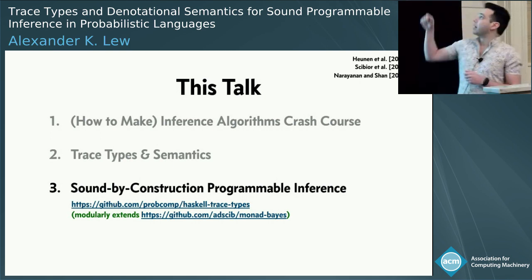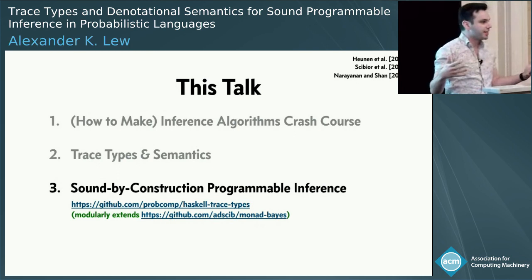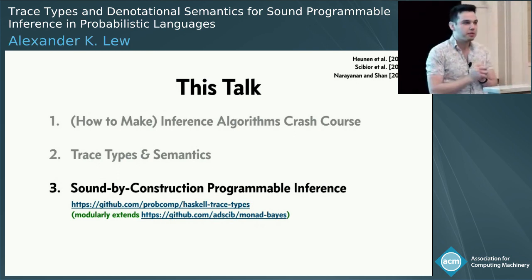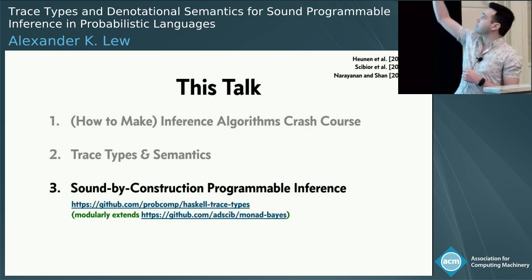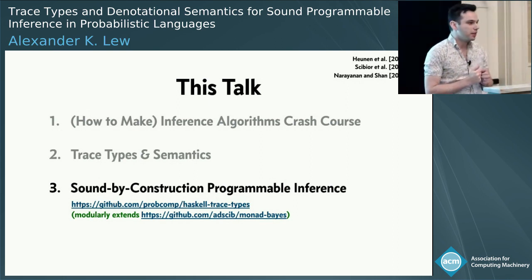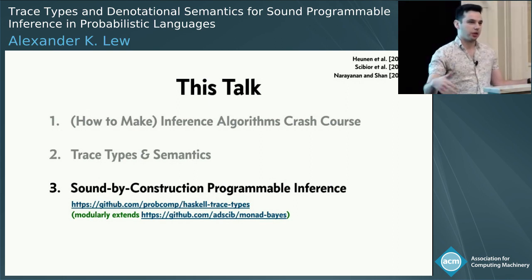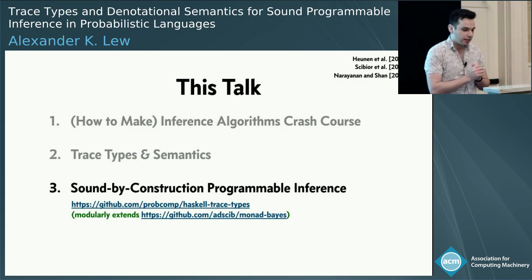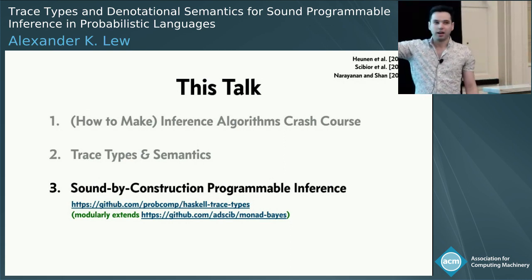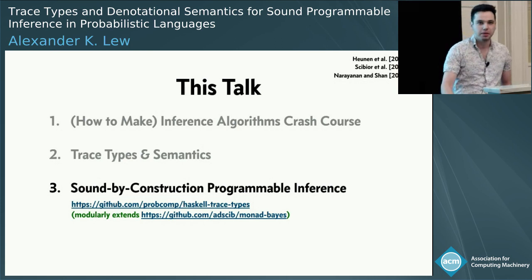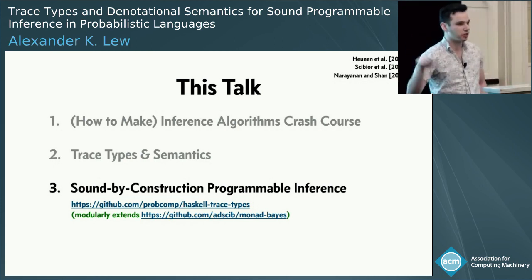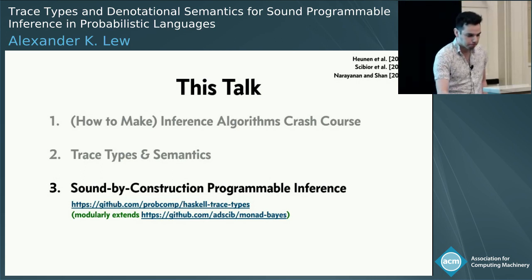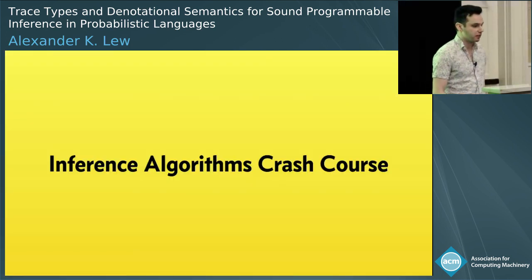We validate these features building on a lot of the semantic work that's been done in quasi-Borel spaces, giving a way to interpret probabilistic programs as measures, and especially building on this paper from 2017 by Sivyer et al., who provided a way of reasoning about the correctness of inference algorithms. And in fact, our Haskell prototype of our programmable inference system builds directly on top of their Haskell prototype of their system. So it all integrates with monad Bayes. OK, so let's move on to the inference algorithms.